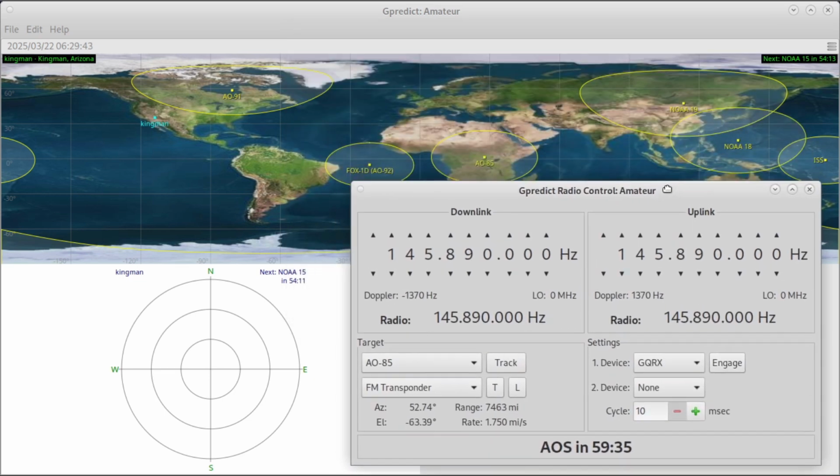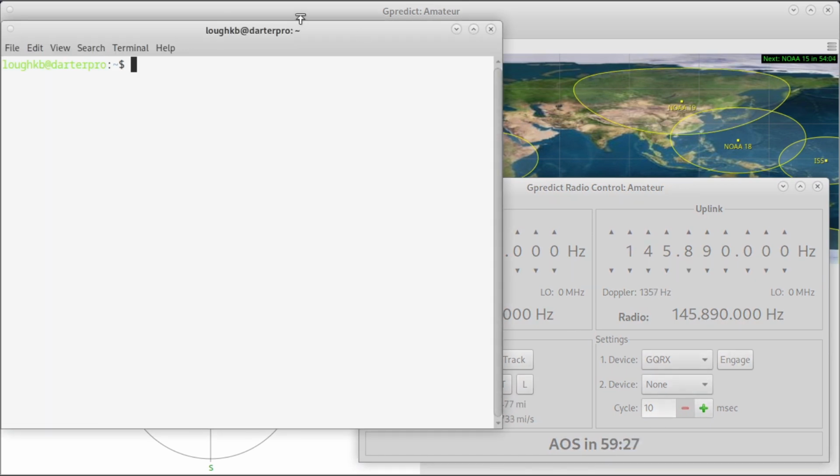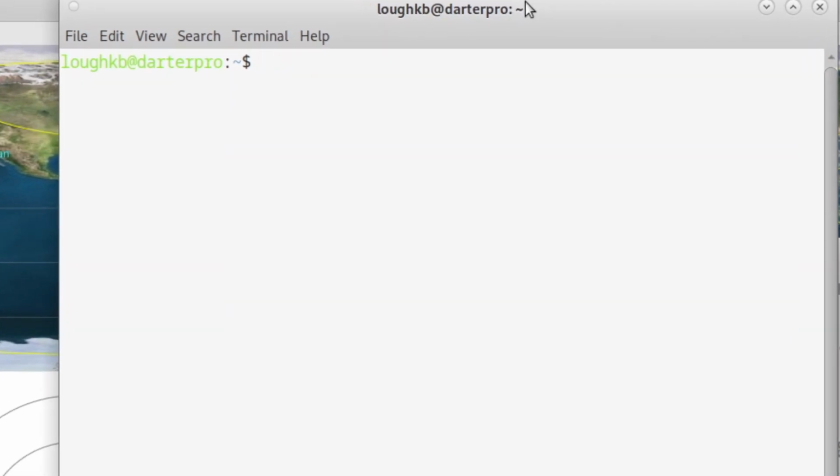But wait, we don't have a way to talk to the radio yet. Oh, we didn't set up rigctld. Open the terminal. Now remember how we got that information earlier, your type number and your serial device? This is where we're going to set up the man in the middle, rigctld, and it's going to listen to Gpredict and talk to your radio through Hamlib. So what you do is